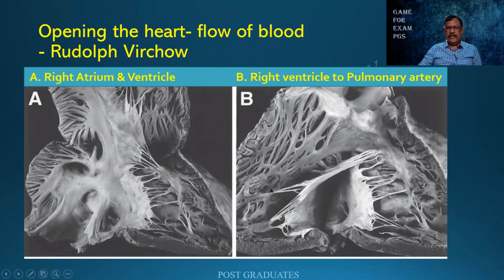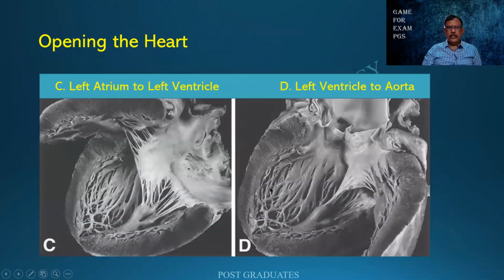So the right side of the heart is open. The next will be between the pulmonary veins. I put an incision, open up the atrium. And also I'll be cutting along the lateral border of the ventricle so that I'll be able to see the mitral valve over here. Later on I cut through the ventricle and go into the aorta, so that I'll be able to see the aortic valvular cusps. I can examine the ventricles and also the chordae tendineae and the papillary muscles, the thickness of the ventricular wall, etc. So this is the classical and the most logical method of opening the heart.